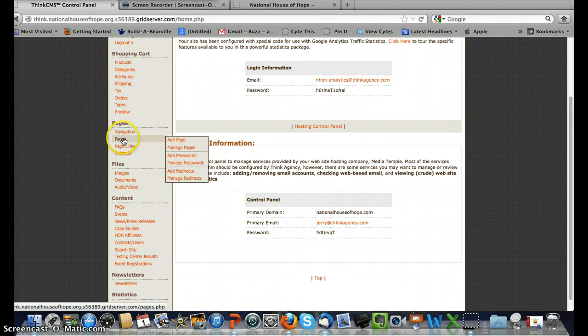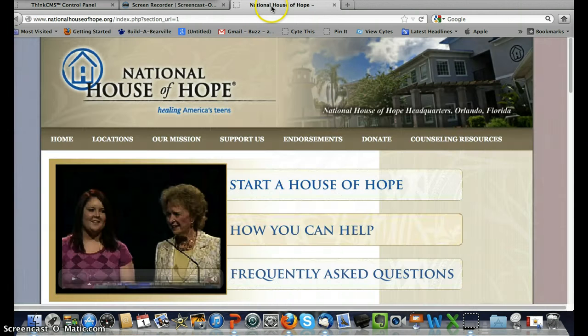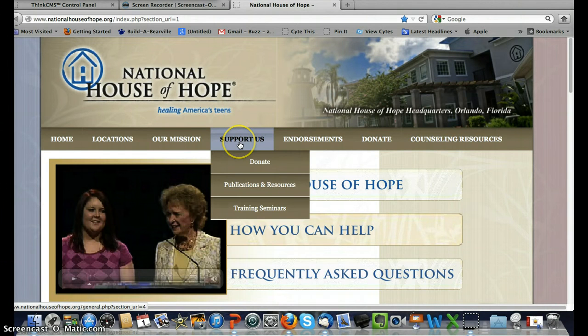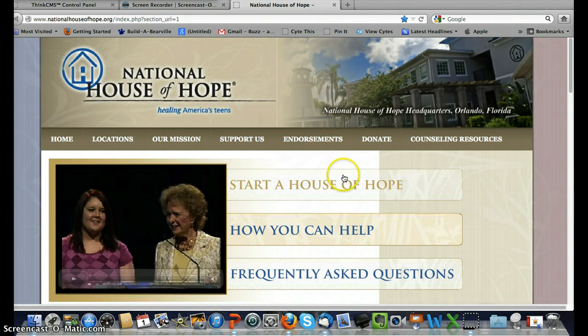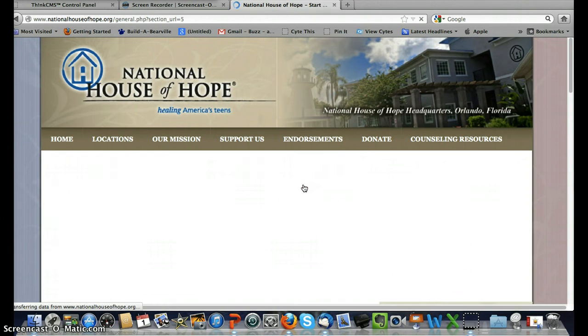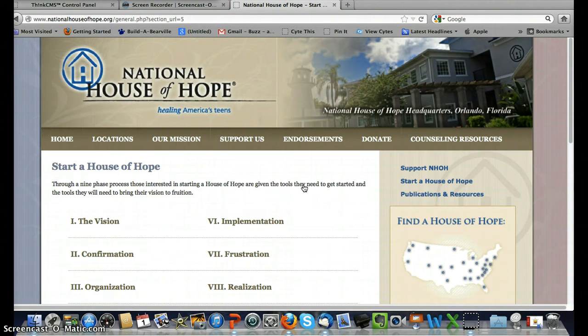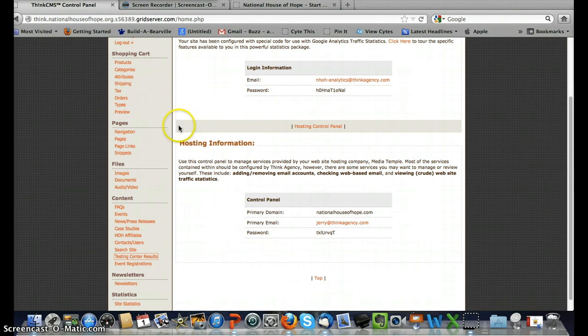But anyway, what you were wanting to do, what we talked about the other day, is in these three tabs right here. You wanted to change the information that is on Start a House of Hope. So this is the name of the page, the title of the page. All right, so what I mean by that is we're going to go back to this,